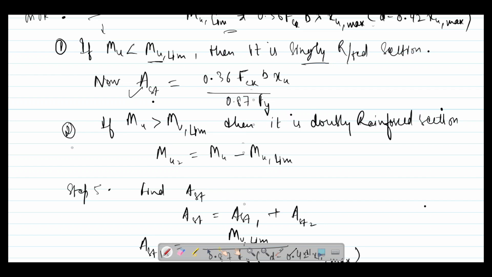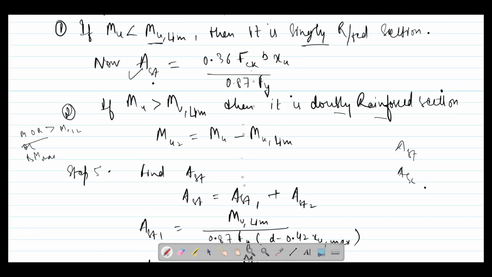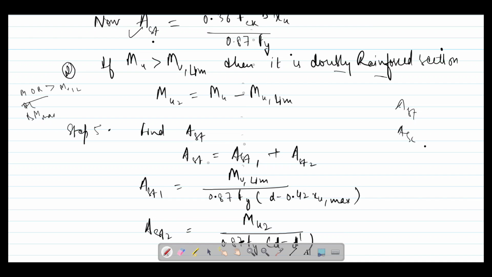Now the second condition is, if this Mu value, that is MOR, the ultimate moment of resistance value, is greater than Mu limiting value, MOR or maximum bending moment of any section is greater than Mu limiting value, then we'll get to know that the section is doubly reinforced. Now for that doubly reinforced section, we'll have to calculate area of steel in tension and area of steel in compression. Now for that we have